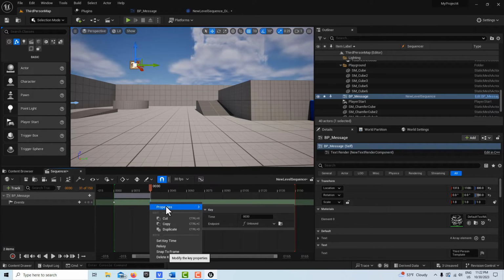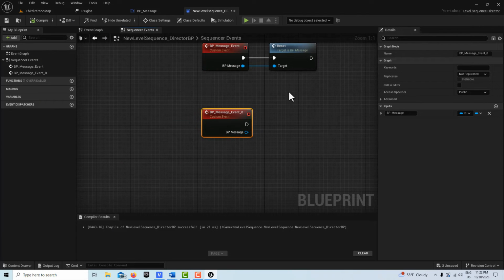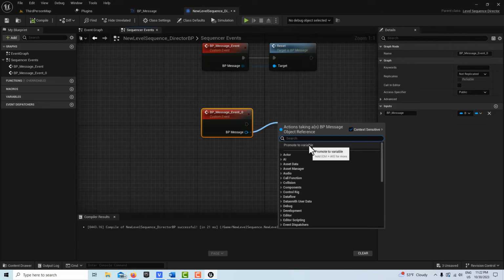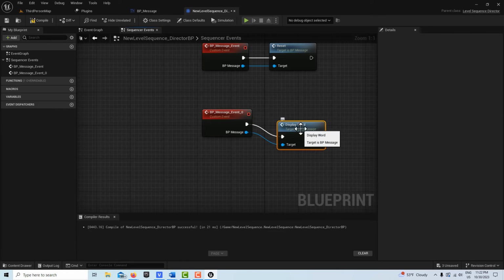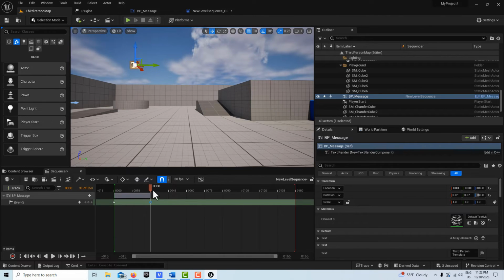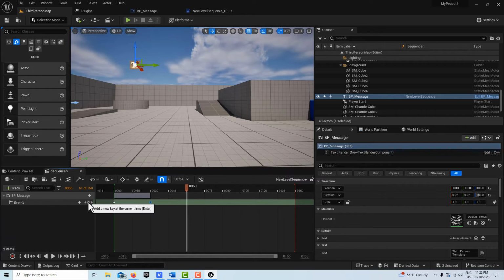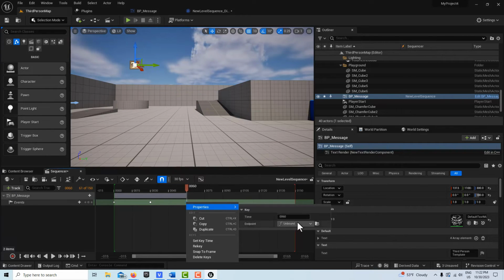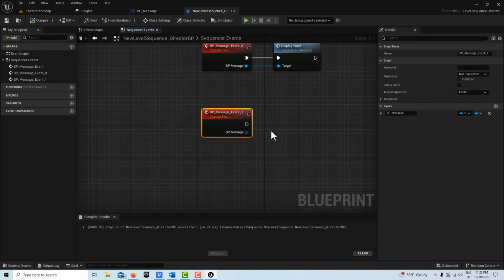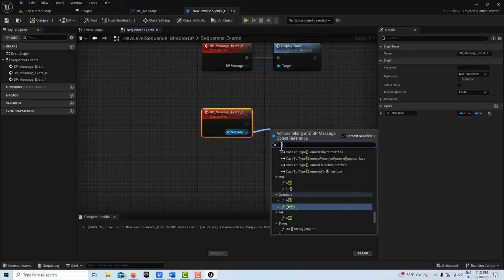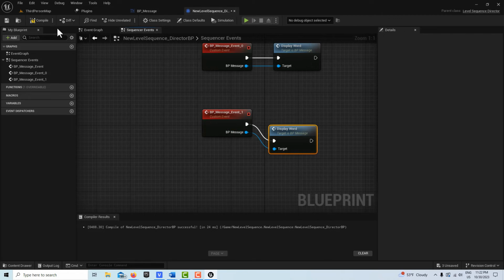Right click on it, properties, create new endpoint, and this is going to call to our BP message here. And this time though, we're going to make the first call, so we're going to say display word, and it wires up automatically. And then we just have to repeat this process for the other 3 words. So I'm going to drag this to 60, add a keyframe there, right click, properties, create new endpoint, drag off of here, display word, comes in wired automatically, compile,